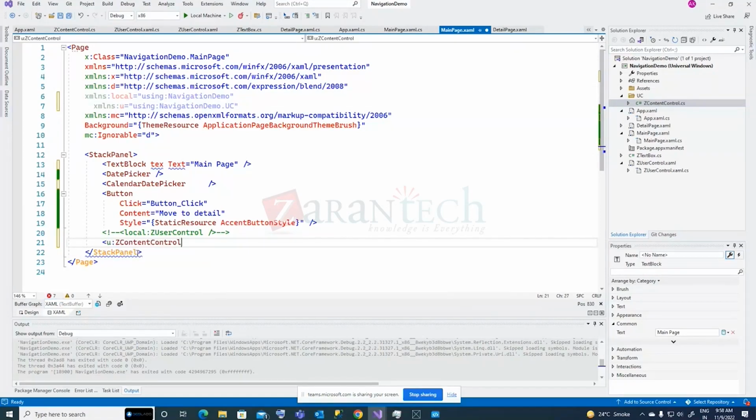The content control, you will find there are no text-related properties. You will only find height, width, and visibility, this kind of property only. So I think I have already shown you once what properties are there, but